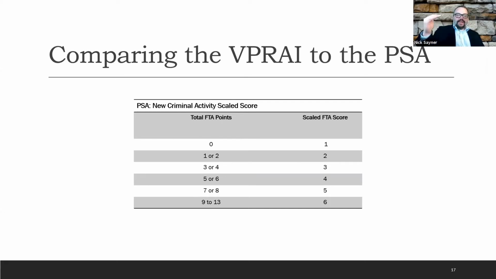Same thing, the actual points can range from 0 to 13. And this just highlights how those actual scores get transferred over to the scaled scores. So when you're talking about, again, 1 through 6, this is how the breakdown happens. And again, it was done partially to help the grouping, partially making sure that we're talking similar languages